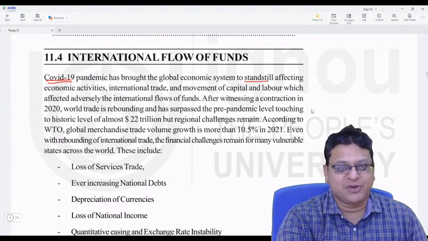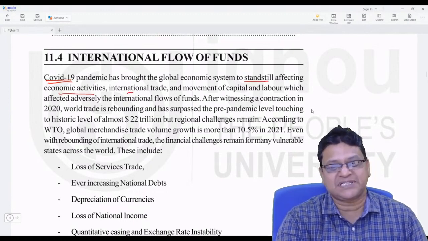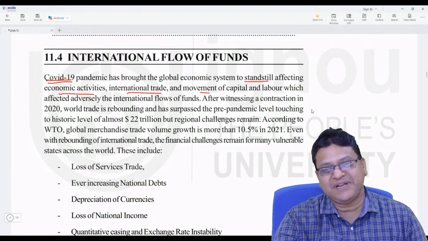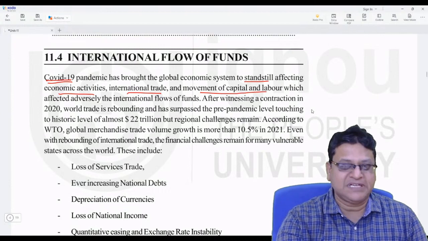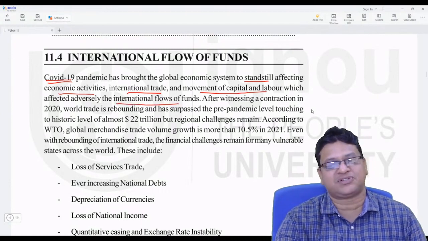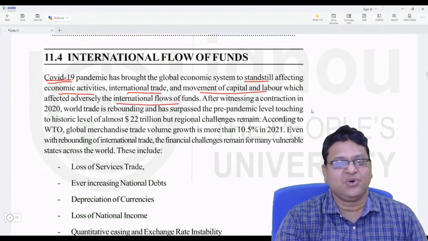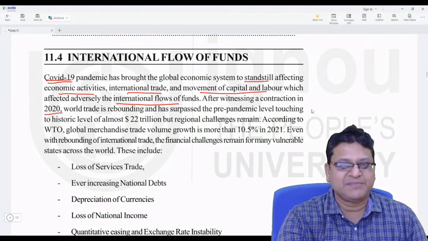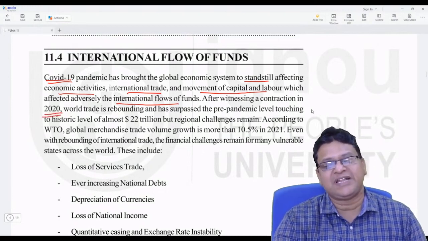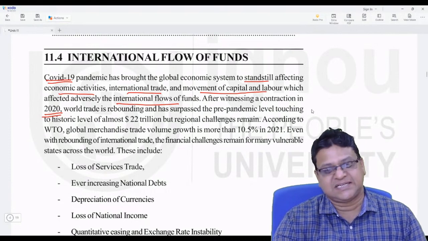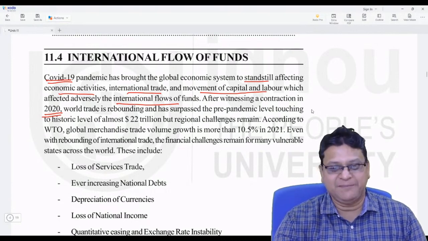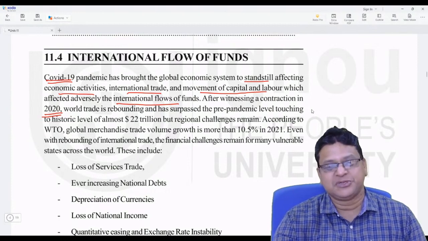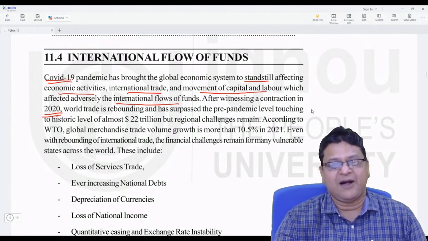It affects economic activities, international trade, the movement of capital and labor, and the international flow of funds. So the world became standstill during 2020. Once the effect of the pandemic is over, the world now tries to